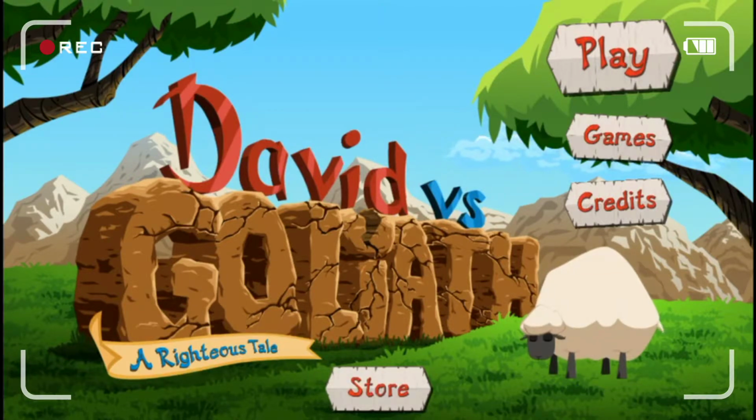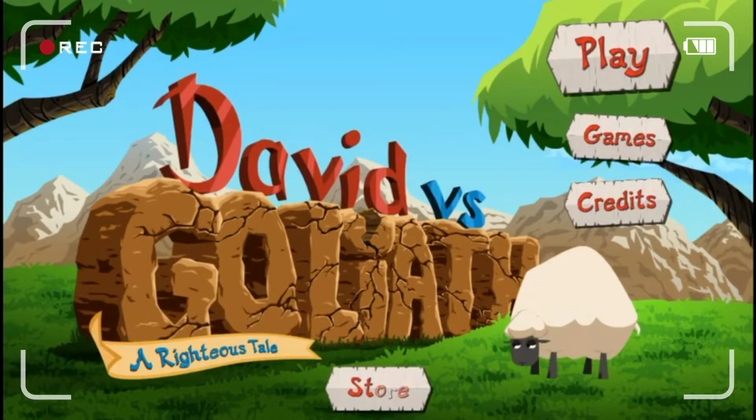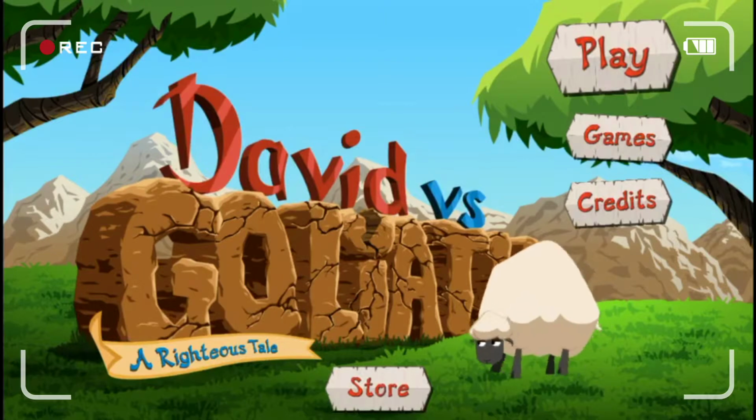For now, I'm just going to give a quick walkthrough of the trial, or it's not a trial version per se, but you have to pay for the full version. And I honestly think it's worth it because it's really well done, and it's really entertaining for both adults and children. So here we go. The one thing I love about this game is that you're going to see this little sheep kind of